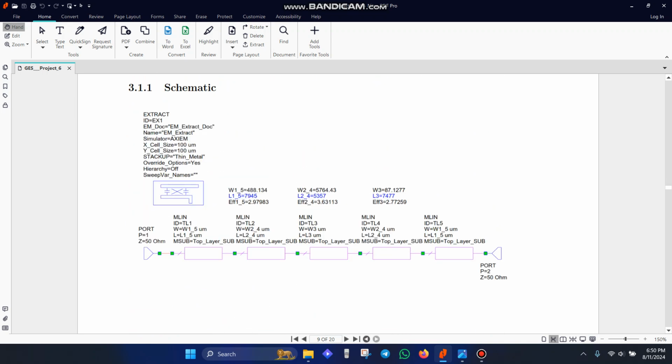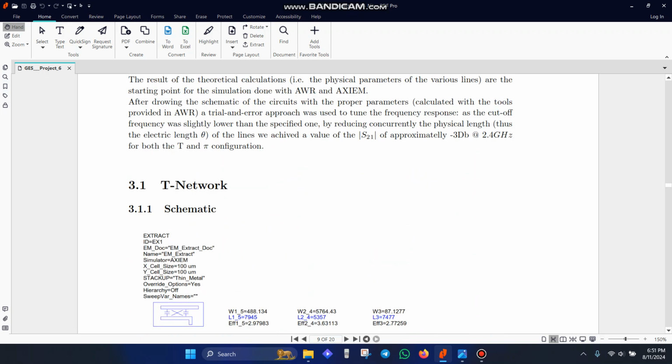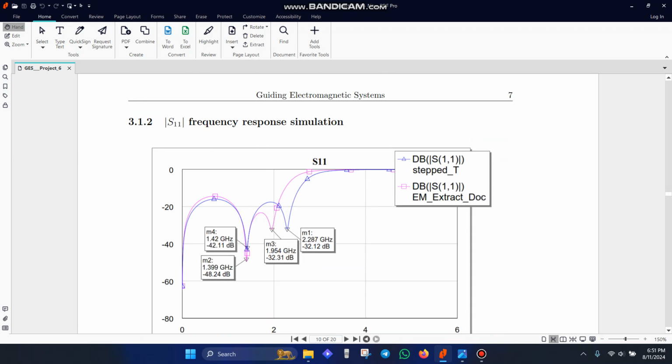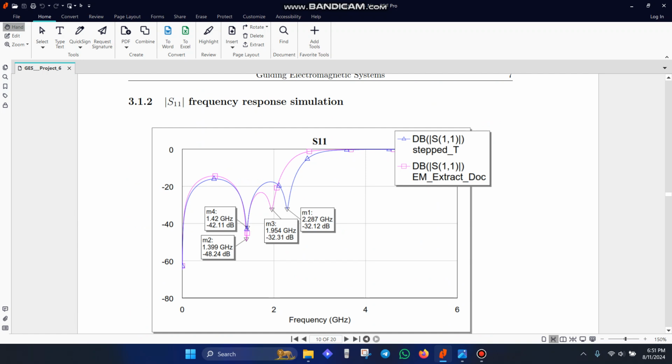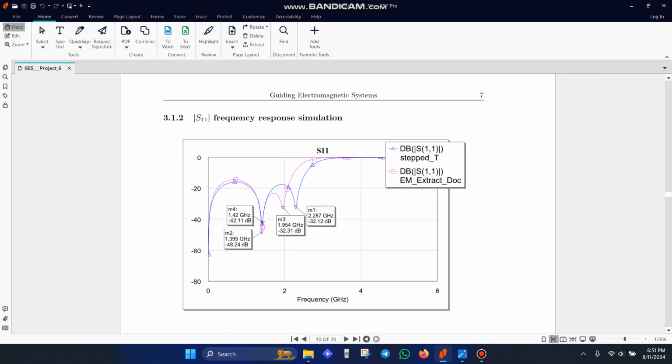So just select them, and you can also tune them according to the design specification that was also given in the table above. So this is for the T network, and similar to that we have for the pi network. But before that, we obtained the frequency response for the S11 and S21 scattering parameters. And as you can see, the cutoff frequency here is 2.4 gigahertz right here,